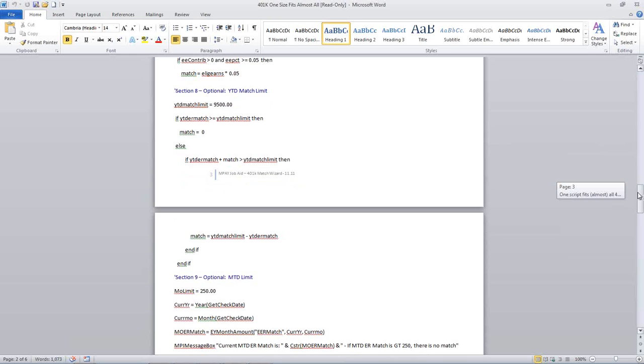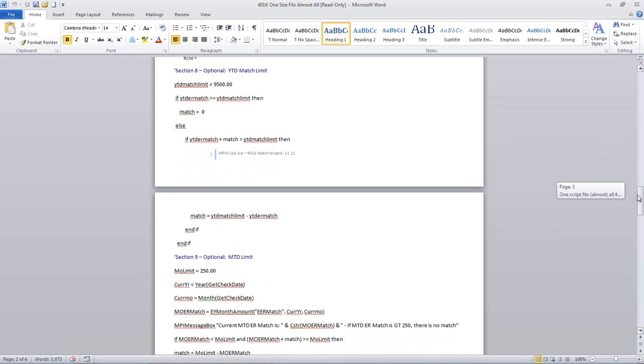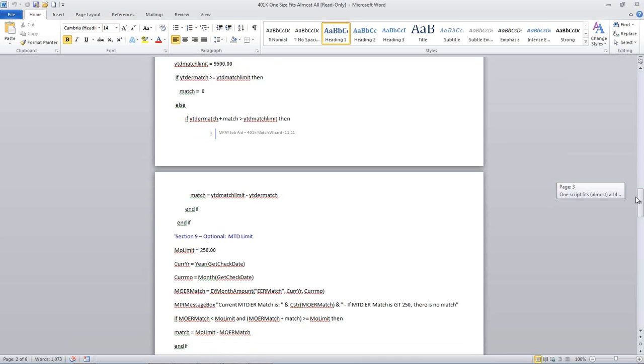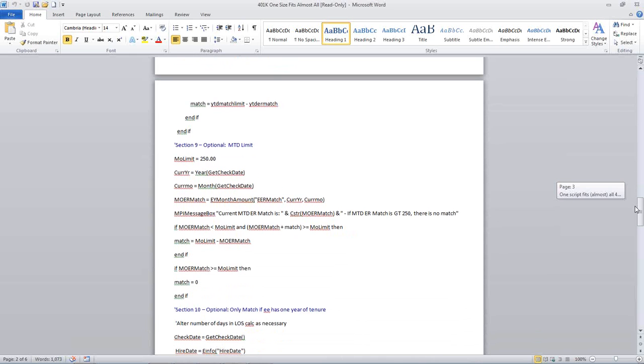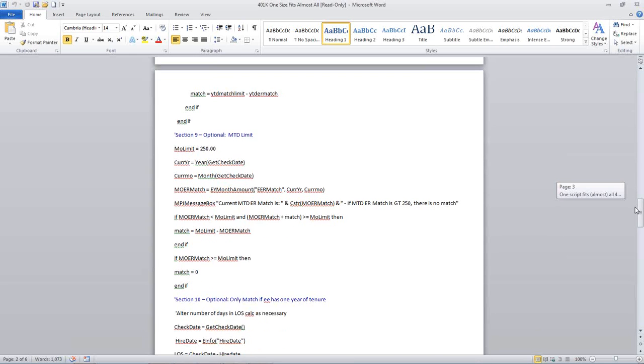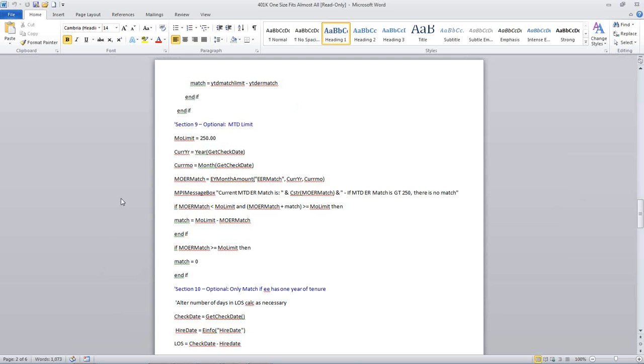If they have a year-to-date match limit, they probably are not going to have a month-to-date limit, but it's within the realm of possibility. I've only done a couple of these in the last too many years to mention, so it's infrequent, and it's also a little convoluted on how you do it, so I thought I would put it in here because it's a little more intriguing and it shows some of the things you can do with scripting.